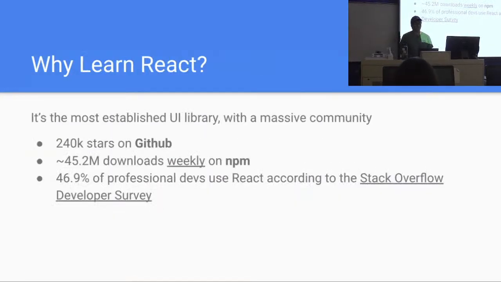Why React specifically? It's the most established UI library for the web, and it has a massive community. So that's 240,000 stars on GitHub as of yesterday, around 45 million downloads weekly on NPM. And according to the latest Stack Overflow developer survey, 46.9% of professional developers use React. So that's more than any other UI web framework, more than any other framework at all, really, other than, well, I guess Node's not really. Anyway,